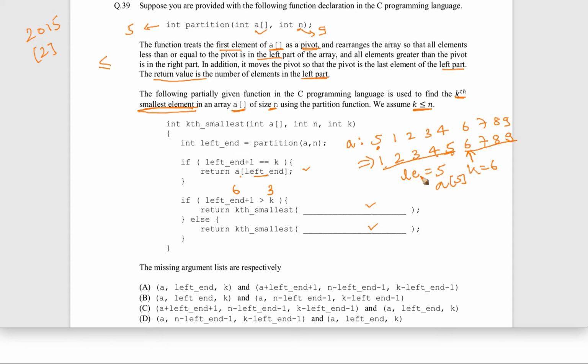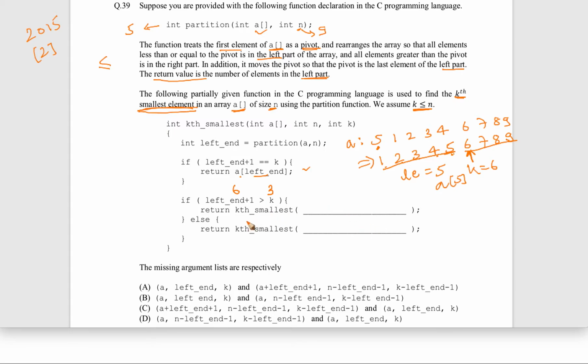Which part do you think we are going to choose if k is smaller than left end plus 1? Left end plus 1 is going to come here, and we have a value which is smaller than that, and that's why we are going to choose the first partition. So we are going to deal only with the first partition, but once we do that, these parameters are going to change. The starting of the array is still a, that is not a problem. So let's write it here.